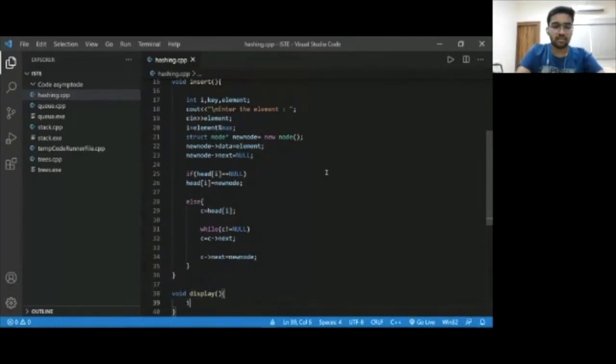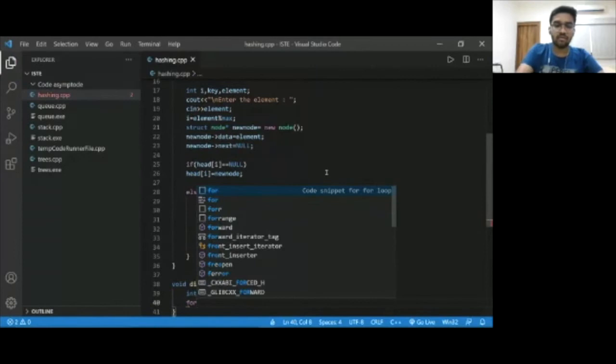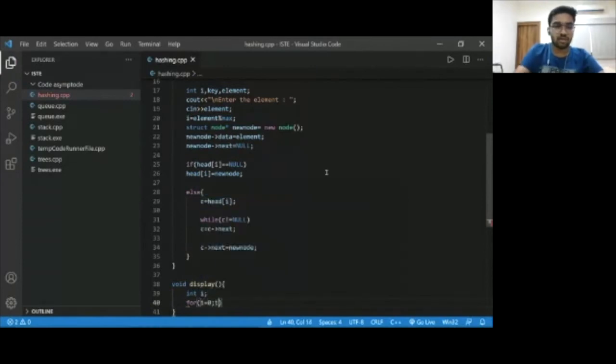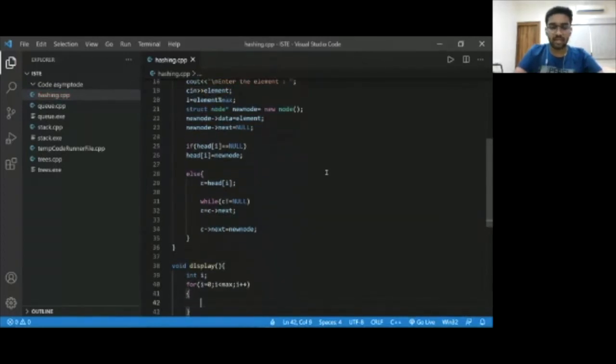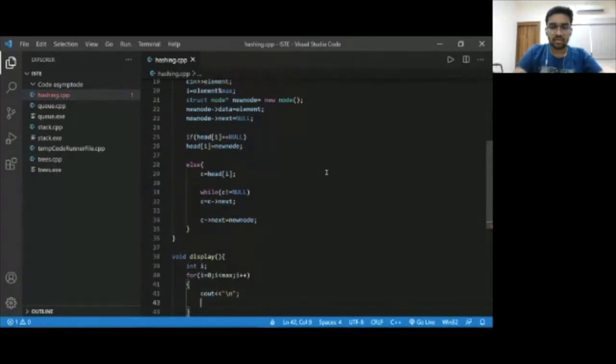So once again, let us define a variable int i, and for i equal to 0, i less than max, i plus plus. So we are iterating i from 0 to max, covering all the elements in the hash table. Then cout backslash n, just to make our output look clean.